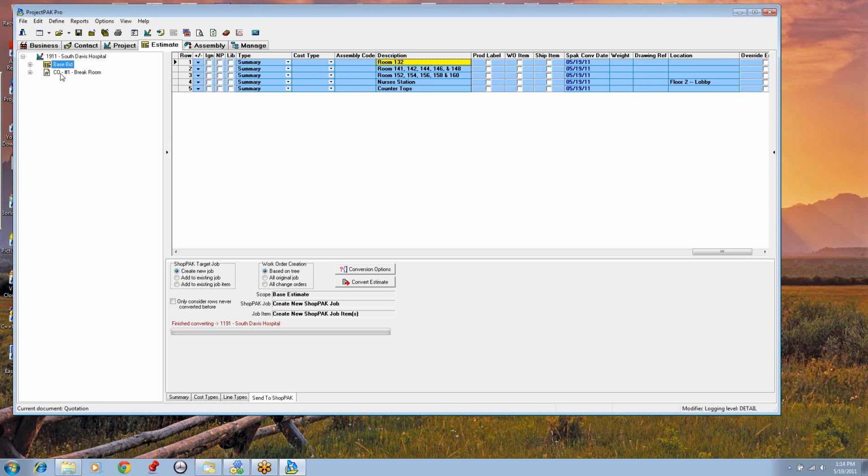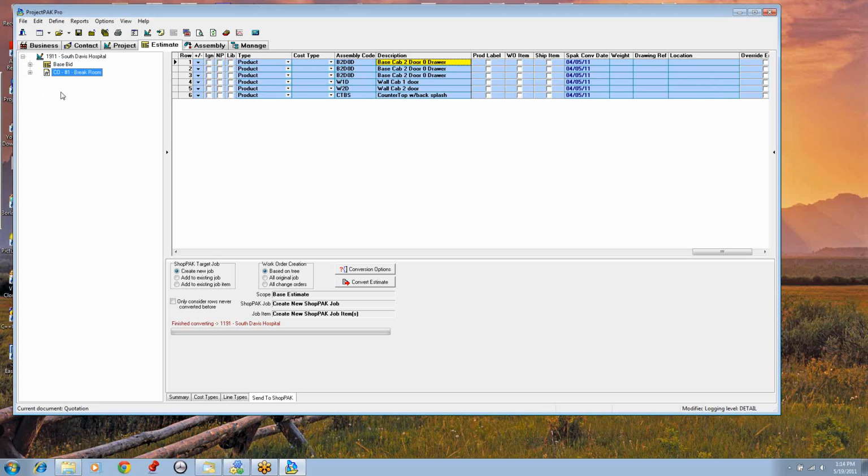Okay? Now, if you are sending information over via this conversion utility and that work order is living within the context of a change order, then based on tree means that it is going to be marked as a change order. Makes perfect sense. So based on tree is going to use the position of the information to determine what the work order is marked as, original job or